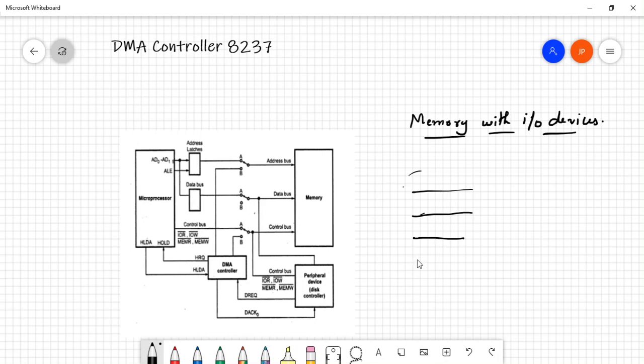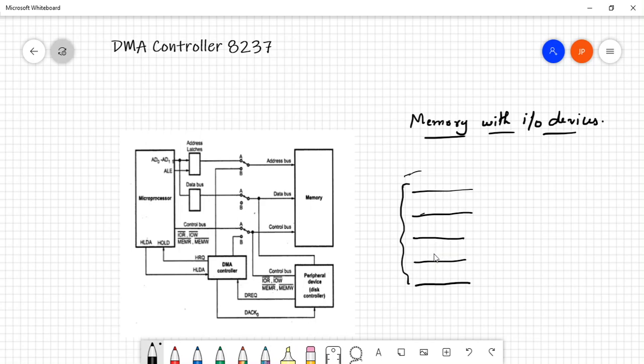and then you will have to decrement the count, in the sense you will have to put this entire process in a loop. So you need 4 instructions for that, and then you will require an instruction for the looping of this particular set of instructions. Basically you need a counter which will decide how much data has to be transferred, whether it is 1 byte, 1 kilobyte or 10 kilobytes.